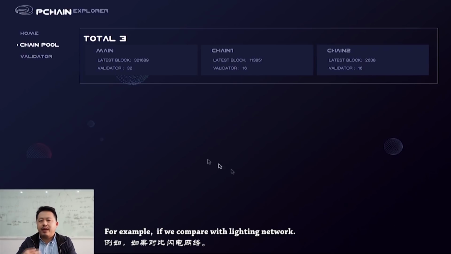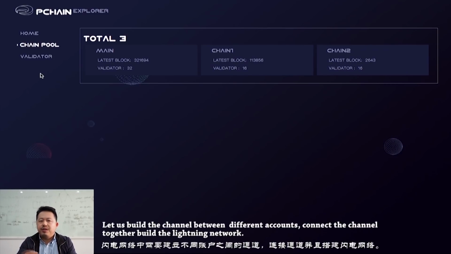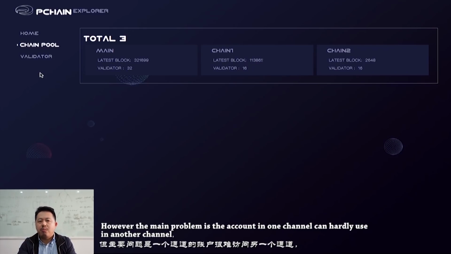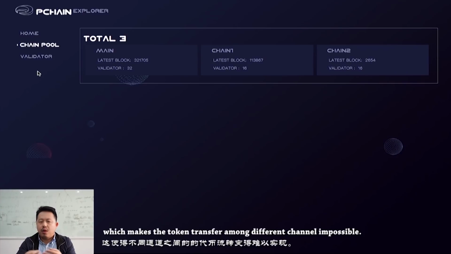For example, if we compare with the Lightning network, Lightning builds channels between different accounts and connects the channels together, building the Lightning network. However, the main problem is that the account in one channel can hardly be used in another channel, which makes the token transfer among different channels impossible.